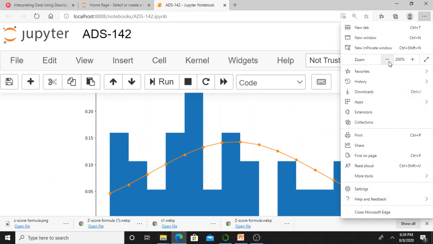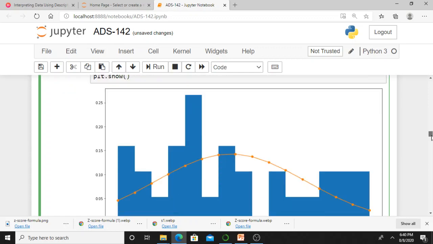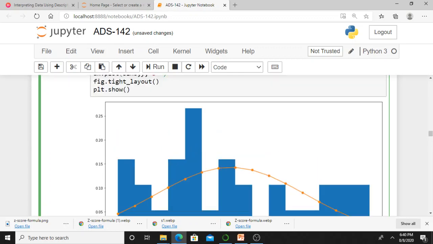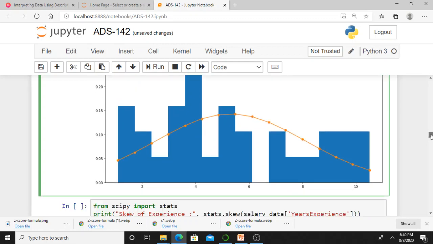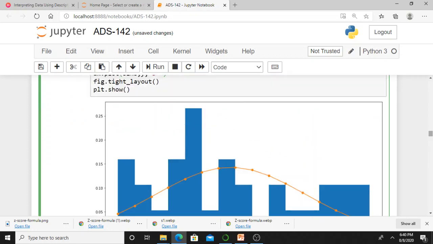Let me reduce the size so that it is a little bit more visible. This is the shape. In the same graph, I can see the normal distribution curve as well as the histogram. If these years of experience values were normally distributed, what would the probability density function curve look like?